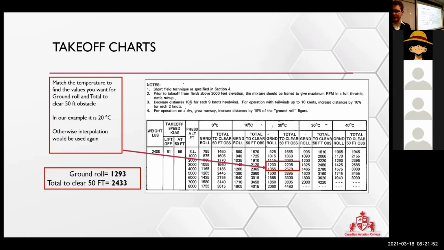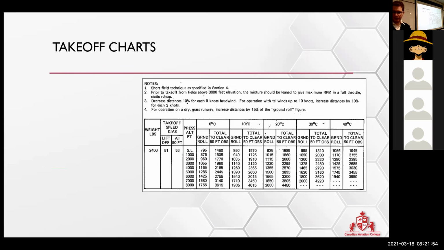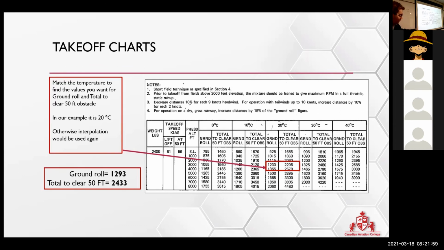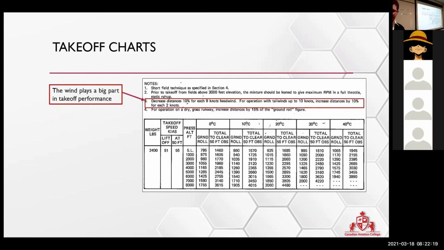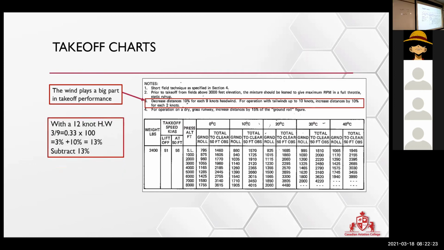Now, for the takeoff, continuing on. Keep in mind, these are the numbers we got. Let's actually write that down on the board here. So we have 1293 and 2433. Now the wind, like we already said, plays a big part of it. So with a 12 knots headwind,